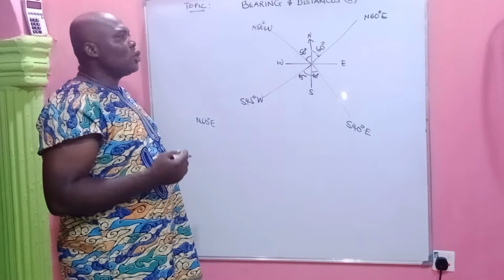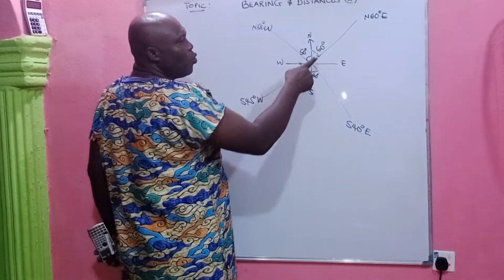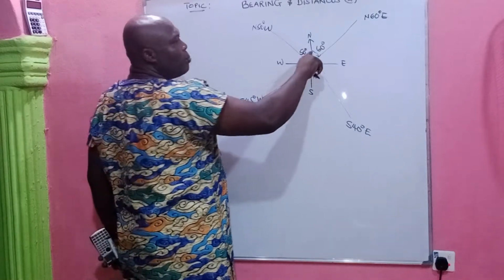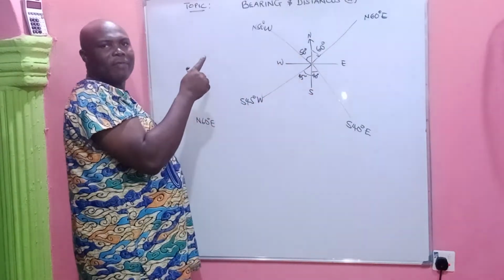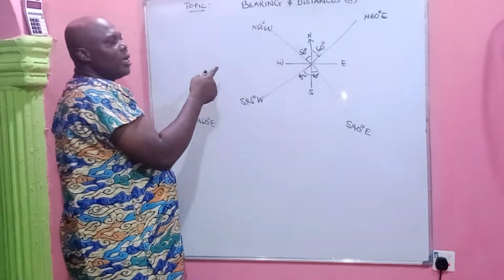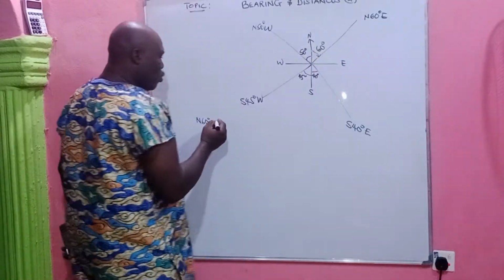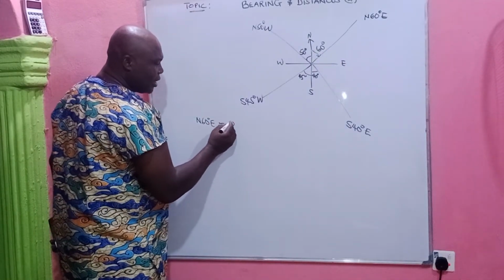If you are converting to the 3 digits, just know that N 60 degrees east will remain at 60 degrees because you are moving this way. We want to convert to 3 digits, so it means we'll be moving this way clockwise. So N 60 degrees east will be equal to the 3 digits 0,